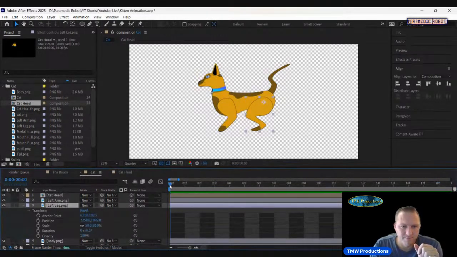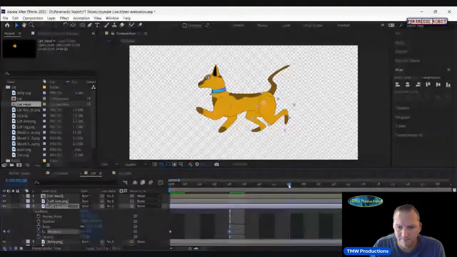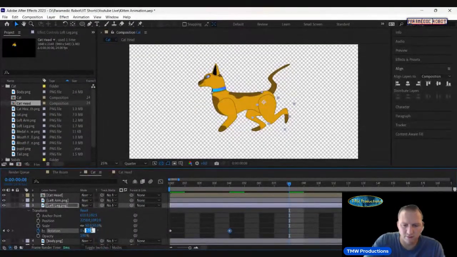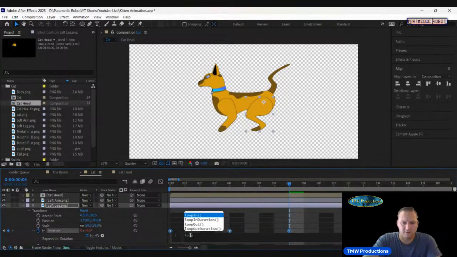Left leg. So now we got the left leg. Let's start here. Let's go to frame 4, and let's have this left arm. I think that looks right. Let's do minus 70 on that because I like that number better. And then we're going to go to frame 8, and we're going to go to 0. Okay, and I should have done this on the left arm already, but oh well. We're going to press Alt, click, and get this up, and then you're going to click loop out, and then